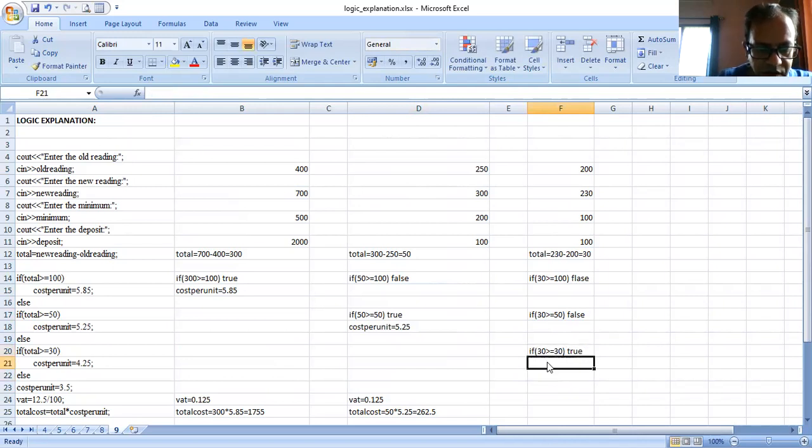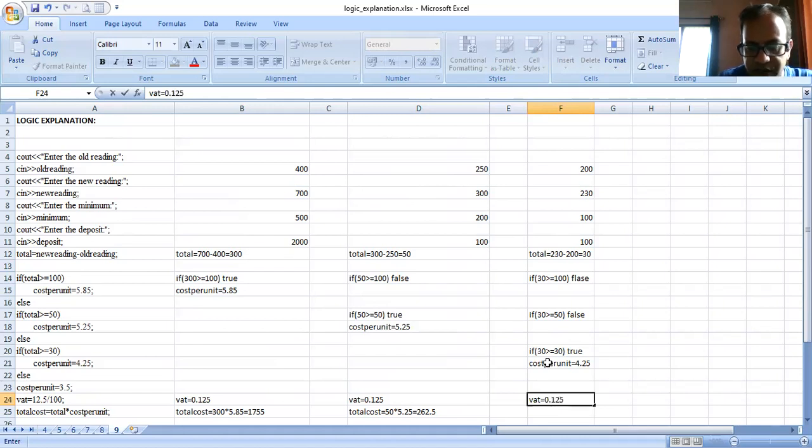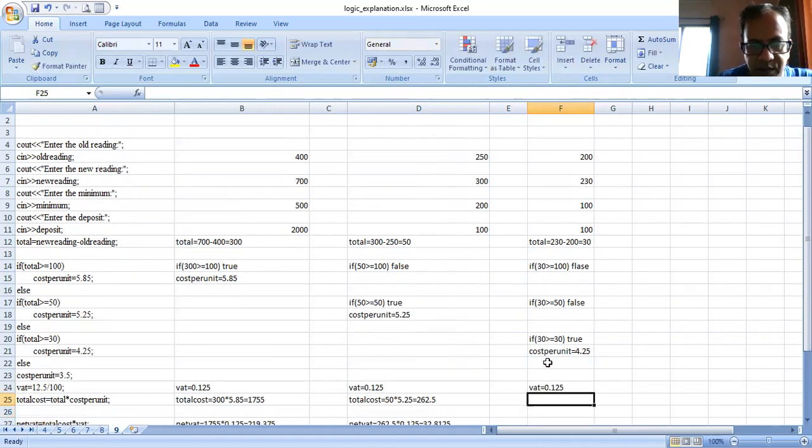So here the cost per unit is equal to, as given in the question, 4.25. So the charge for less than or equal to 30 units is 4.25. Now the control will come here, where it will calculate VAT. VAT is a fixed value here, 0.125, because they have told 12%, that is 12 by 100, which is nothing but 12%.